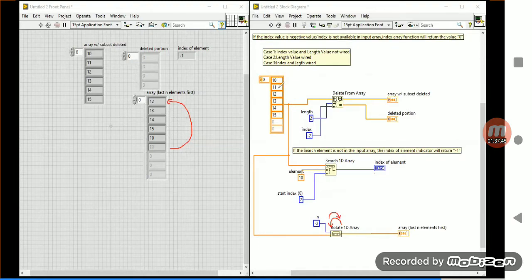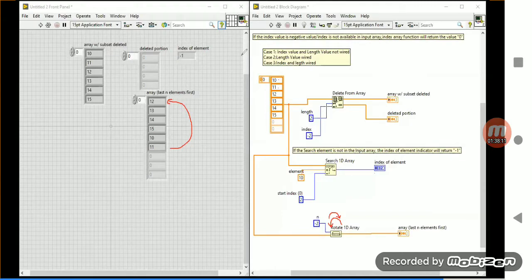At first, the values 10 and 11 are available over there. We are going to rotate two values, which is why 10 and 11 come after the 15. So 12, 13, 14, 15, 10, 11 will be available. If you give a negative number, exactly the opposite side happens. That is the negative thing. That is the conclusion for this rotate, because these are the confusing things they will give.